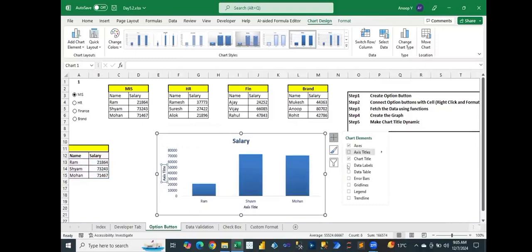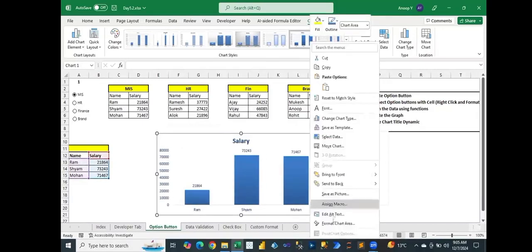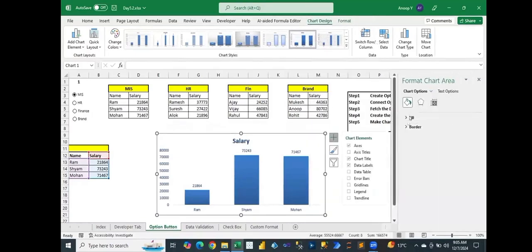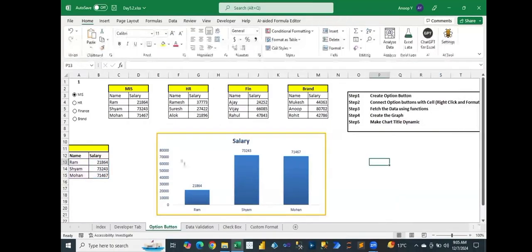I want to go with this chart border. Okay, like this. So if you see, your graph is created. If I'm clicking on button, you can see my graph is getting changed, right? You can see the graph is getting changed,